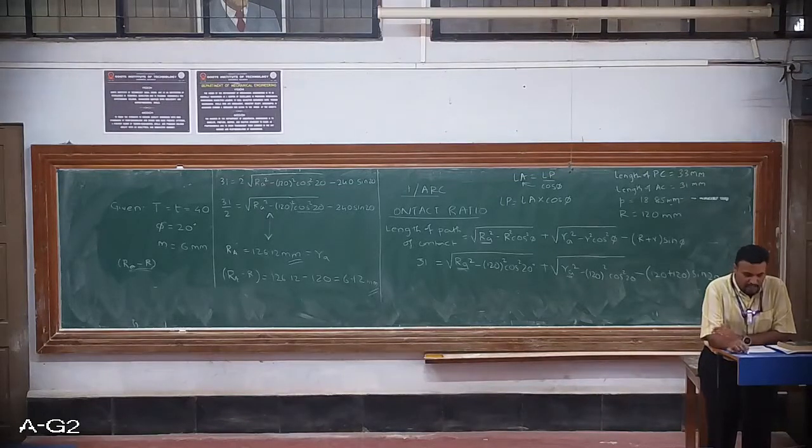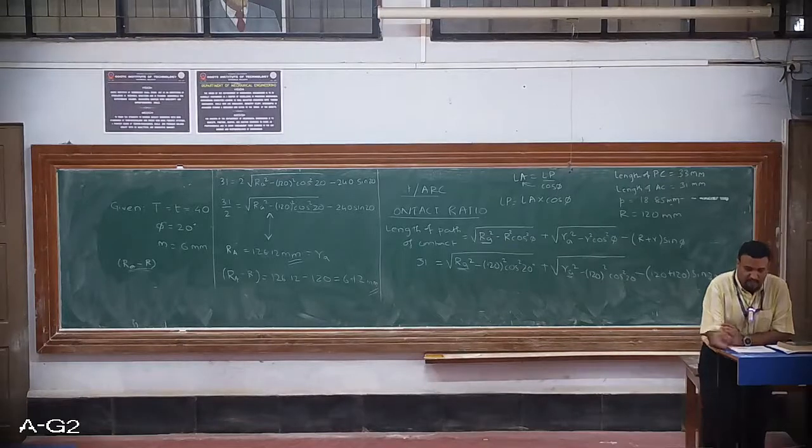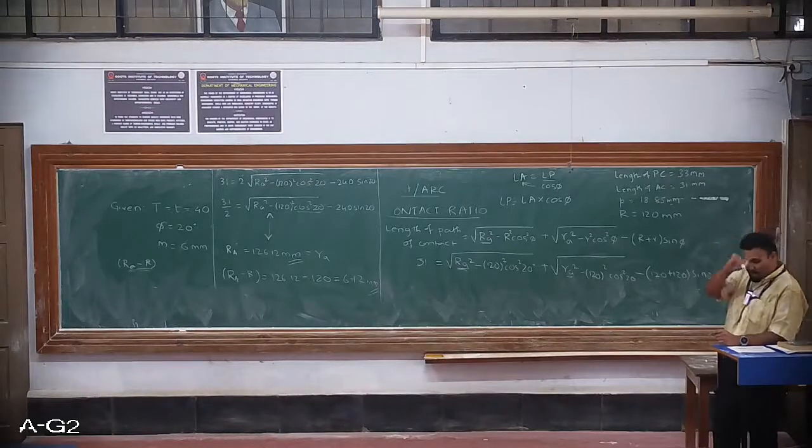Also they have given one condition: the arc of contact is 1.75 times the circular pitch. We have to find the addendum, and we have seen in the gear terminology what addendum is. It is the addendum circle radius minus the pitch circle radius. Is that clear? So that difference we need to determine. First we'll determine the circular pitch, that is small p, using the module: p is equal to pi into m, which is equal to pi into 6. Upon simplifying we get 18.85 mm.